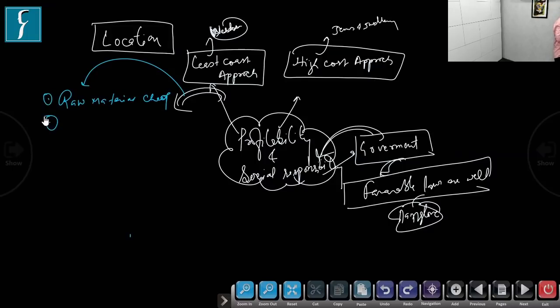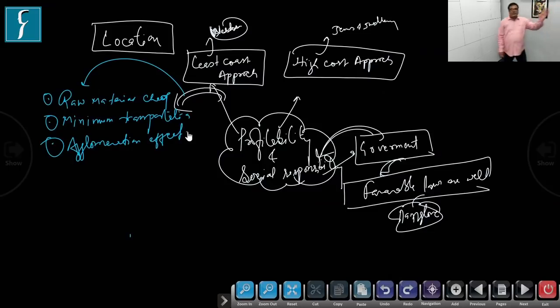All right. There should be minimum transportation cost, and there should be agglomeration effect. All right, three things mainly, and you just apply this on